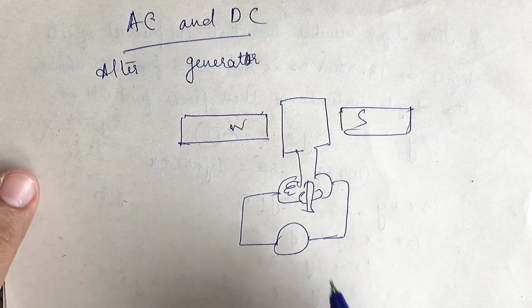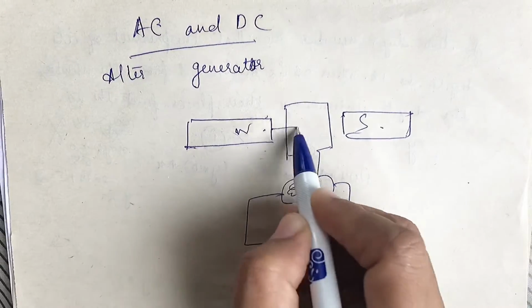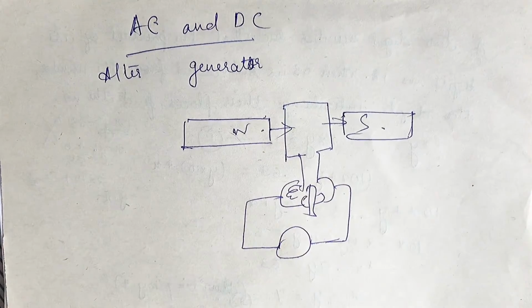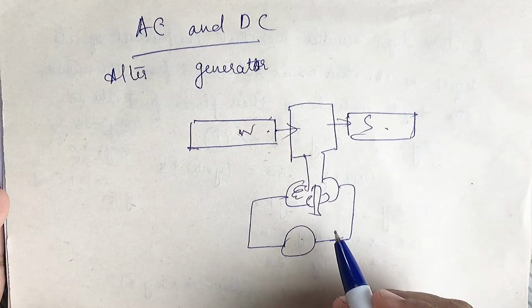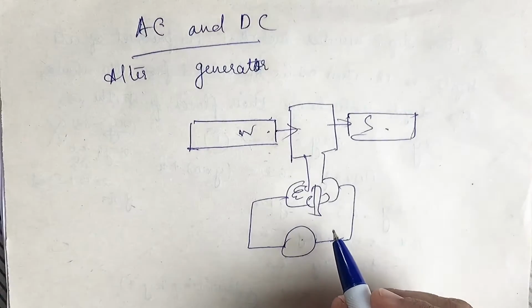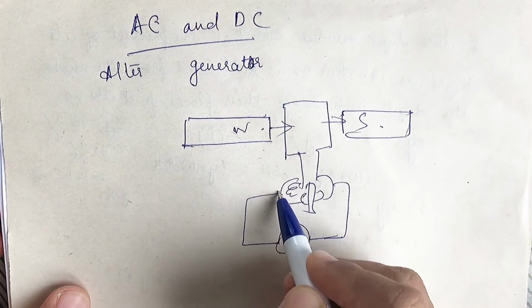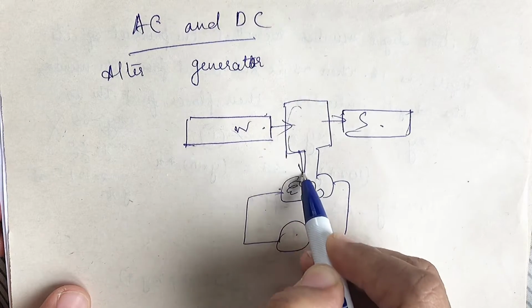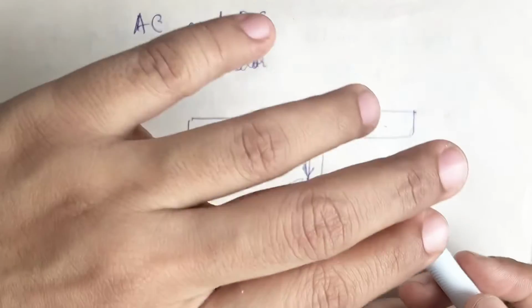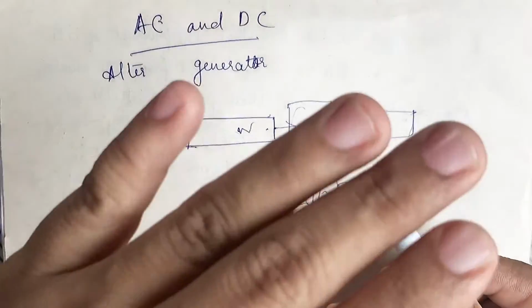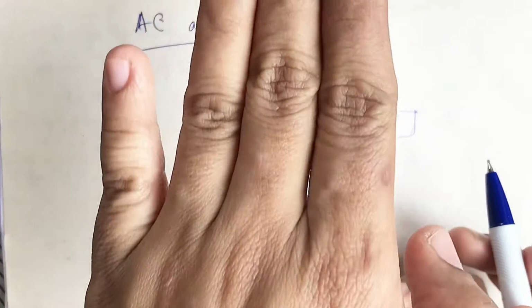Okay, so we know the magnetic lines of flux will be in the north to south direction. Magnetic lines of flux will be this side, and current is what we need to get, right? But because of the change in the magnetic field there occurs a flow of current, and its direction will be determined by the rule and it will follow a direction through this. But after completing a cycle like this, the armature coil was in this